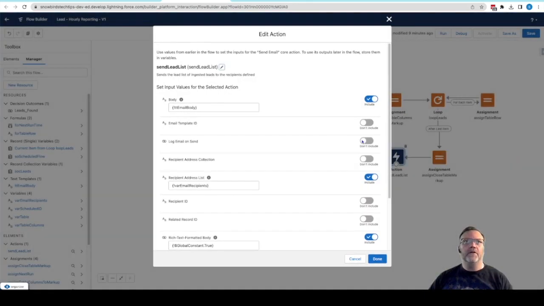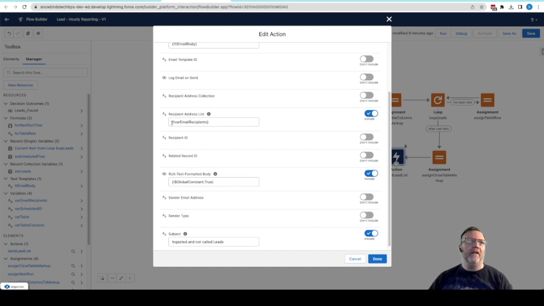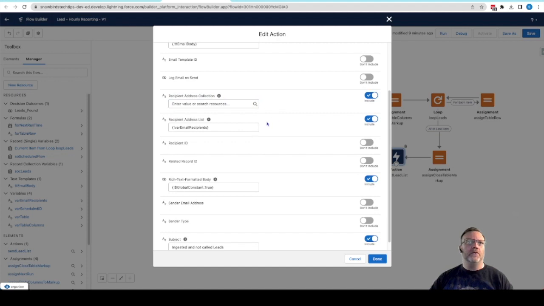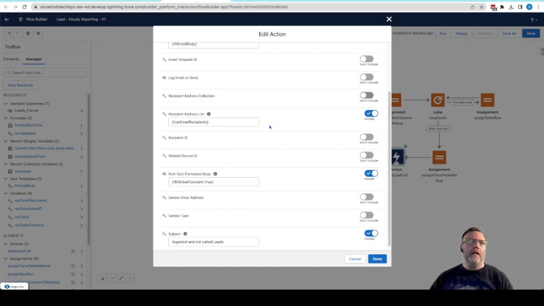And then I'm using the flow send email action. I'm giving it the email body text template here. I have a CSV list of email recipients. Now this you could add to your flow where you grab a collection of users, and you could use this one up here to send the email to a collection of users. The nice thing is doing it this way, and you could do both even. You could send to a collection of users and to a list of emails. Either way, the point is you can send it to people who are Salesforce users as well as people who are not,